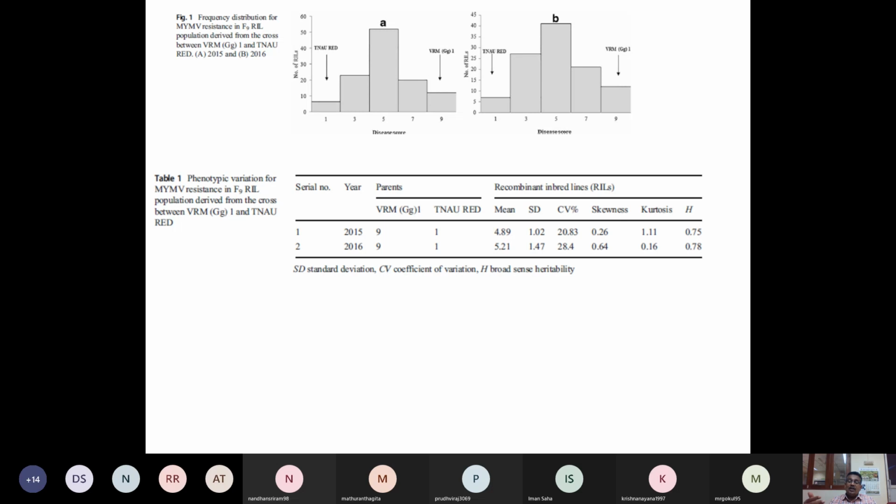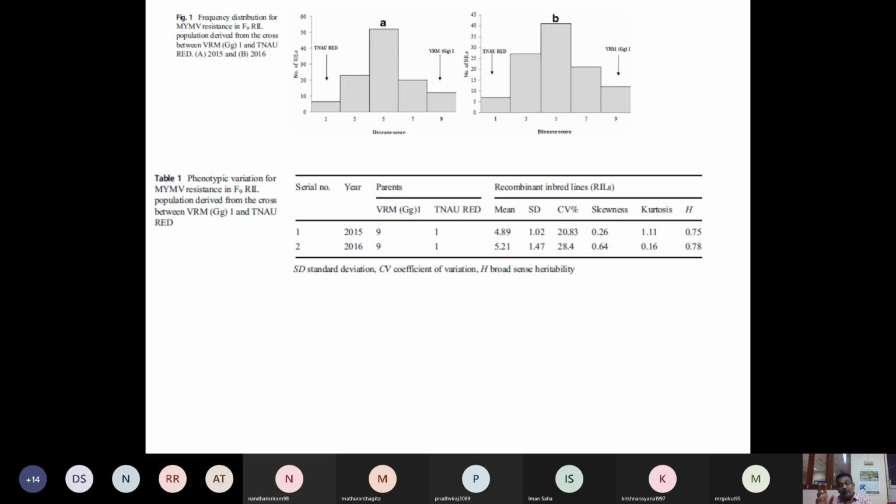You need experience with the crop, and if it involves a pathogen or disease, then the involvement of a pathologist is very important. In this case we have the pathology and the pathologist. The pathologist is important because they have to check the scores, since when you sow the crop in a field, in the hot spot, the infection has to take place. If it is infected, one parent should be highly susceptible, with a 9 score, and the other parent highly resistant, with a 1 score. There should be high variation when you first check the parents.